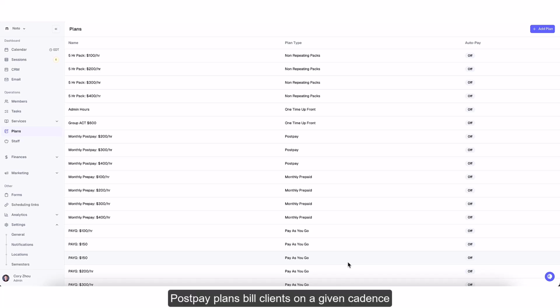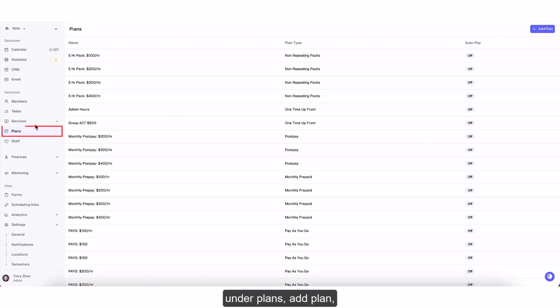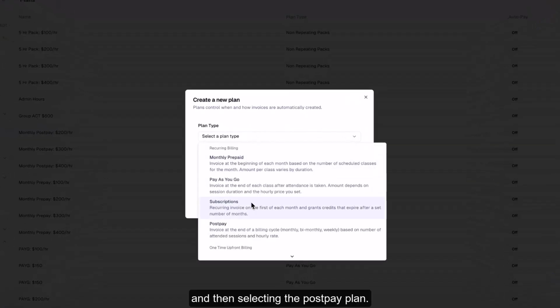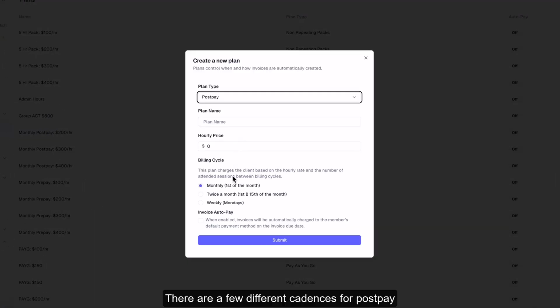Post-pay plans bill clients on a given cadence after sessions occur. Post-pay plans have a number of different configuration settings visible when creating a post-pay plan. Under plans, add plan, and then selecting the post-pay plan. There are a few different cadences for post-pay plans depending on how the business runs: monthly, twice a month, or